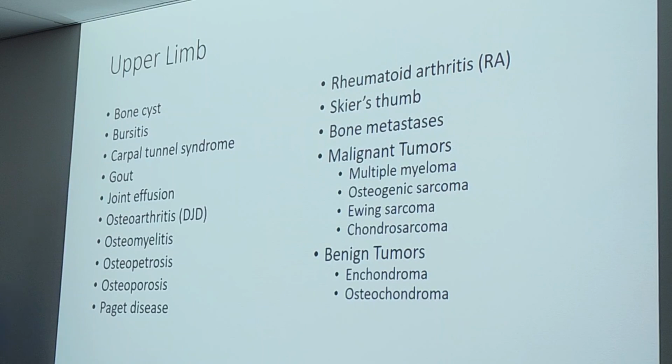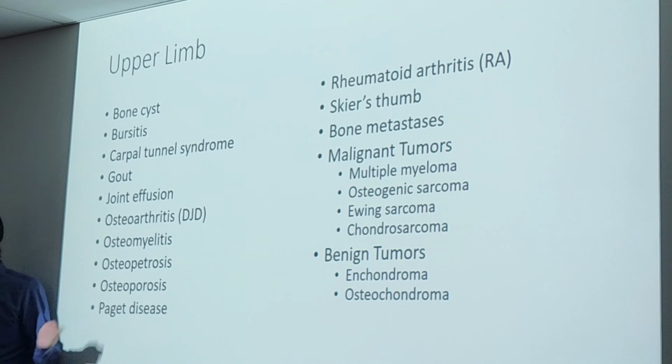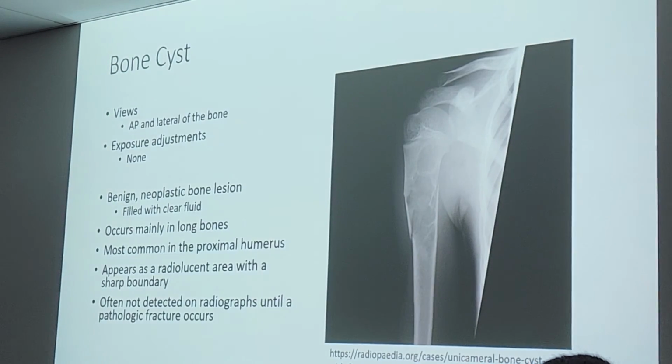All right, and so that pretty much takes care of all the fractures of the upper limb that we're going to talk about. However, we do have some other non-fracture pathologies to cover. So, for example, we have a bone